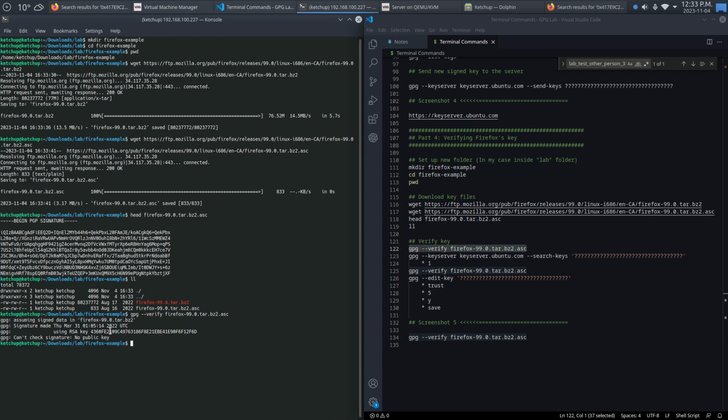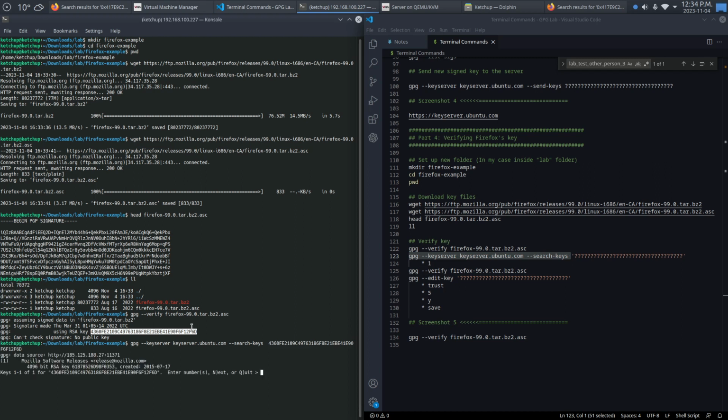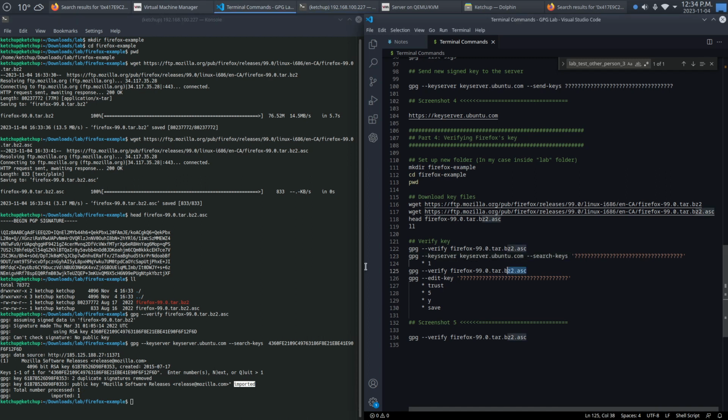Take a look at this number because you are going to need it in the next step. Paste it, enter, 1, enter, imported. If you get that, you are good. Run this command again, enter,